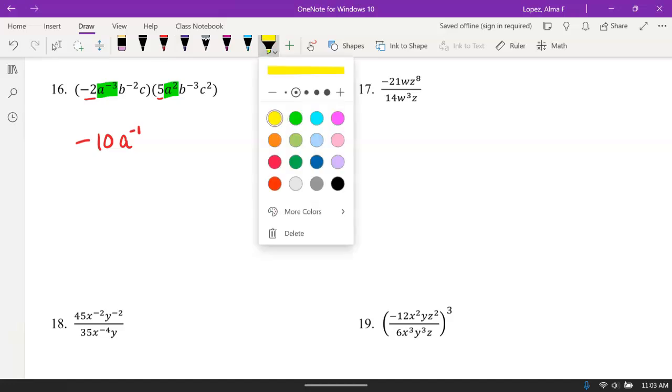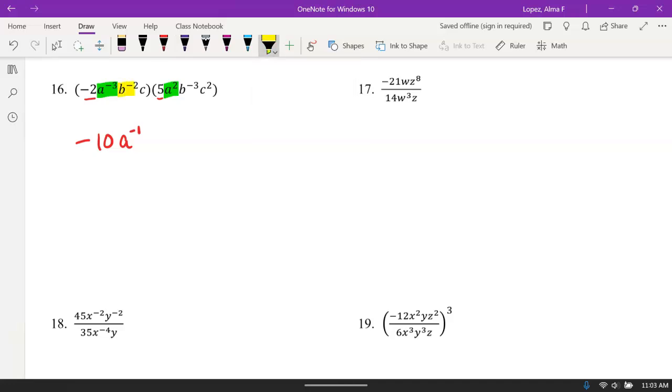Then I have the b's. I have a b to the negative 2 and a b to the negative 3. When I multiply like bases, I add the exponents. What is negative 2 plus negative 3? Negative 5. We're going to end up moving him too. And then we have